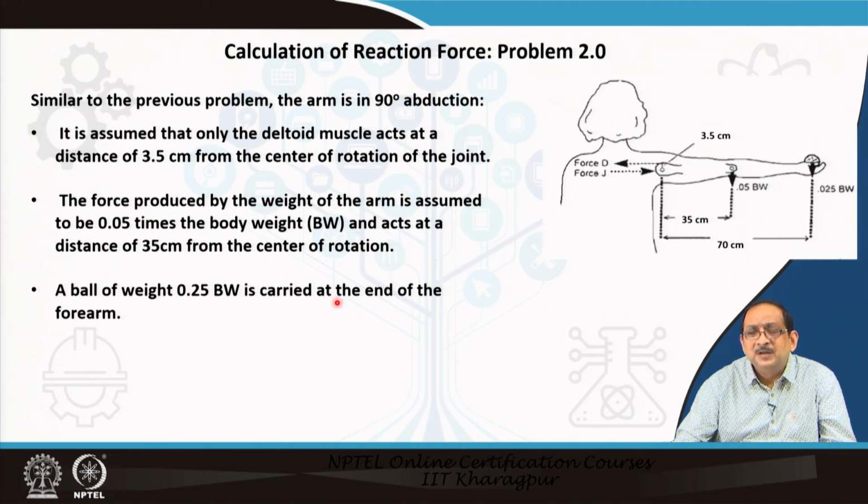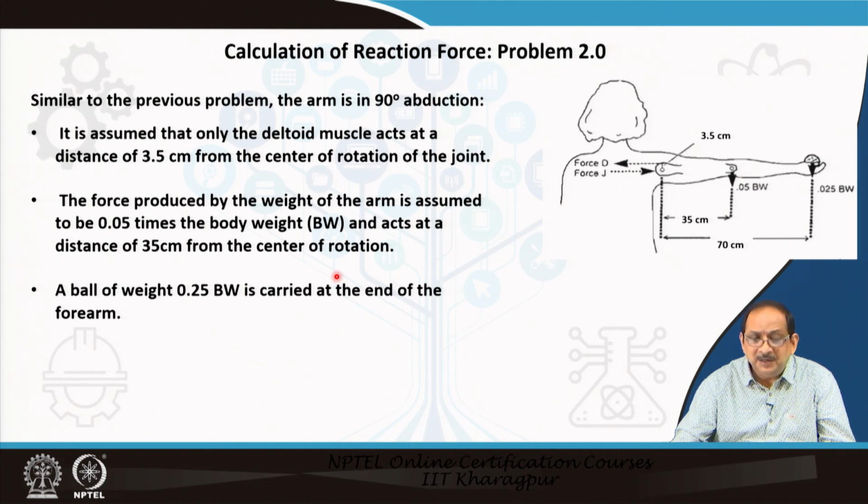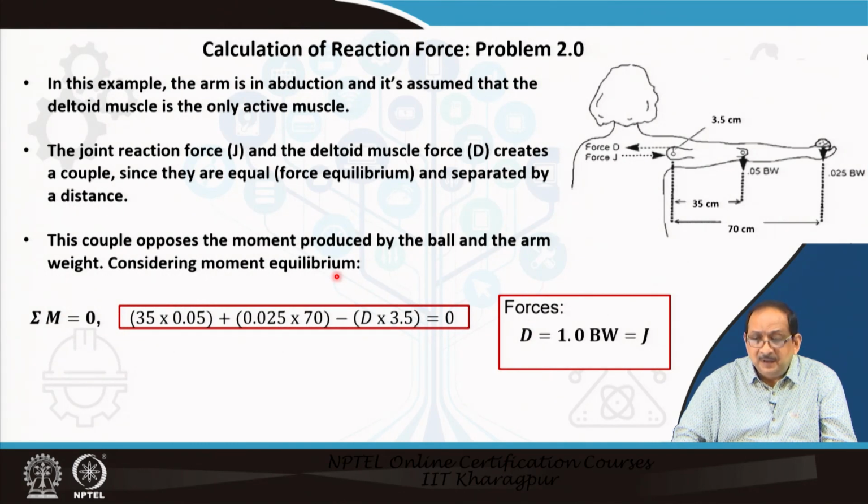The rest remains the same. We are continuing with the data in the earlier problem. Now, the location of the ball carried at the end of the forearm is 70 centimeter from the center of rotation